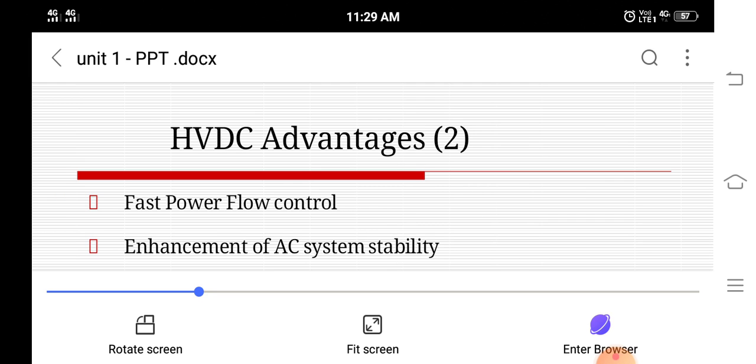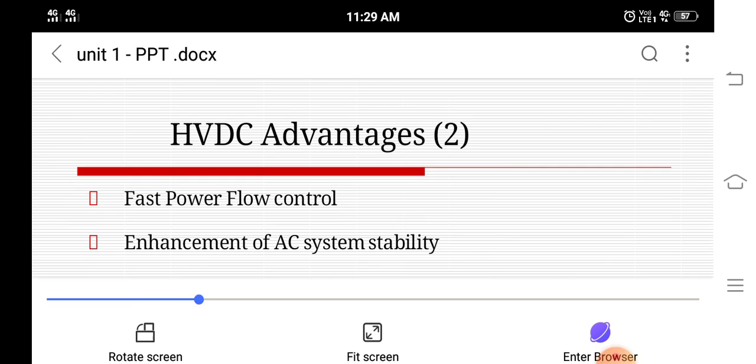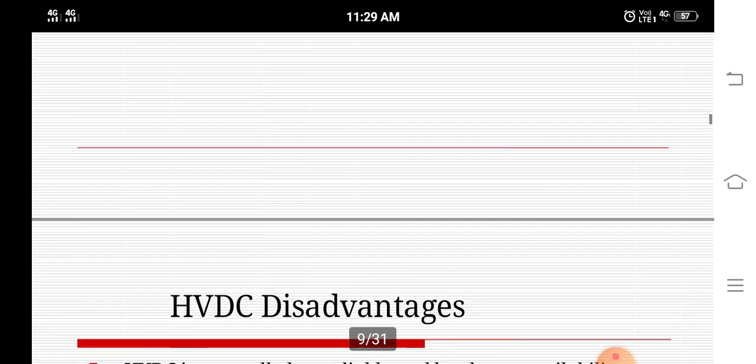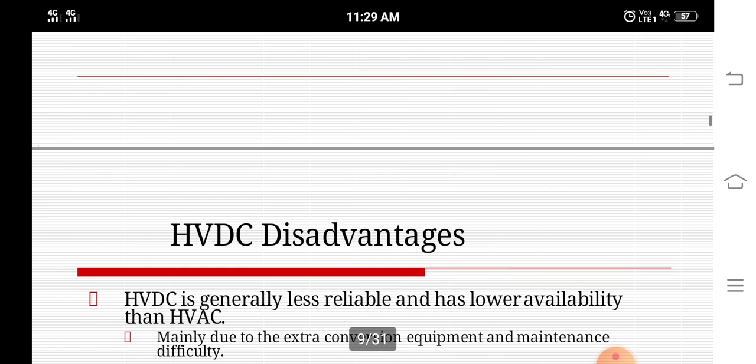Some more advantages are there: fast power flow control, enhancement of AC system stability, and supplying more active power where the AC system is at the limit of its short circuit capability. Similarly, it has some disadvantages. Those disadvantages are